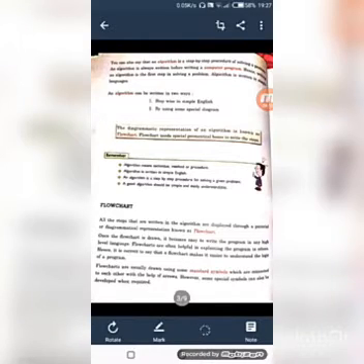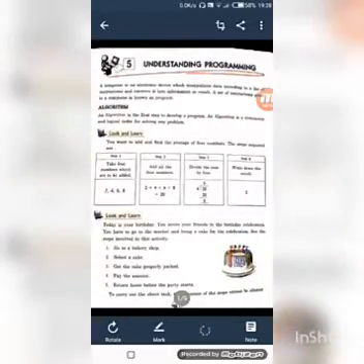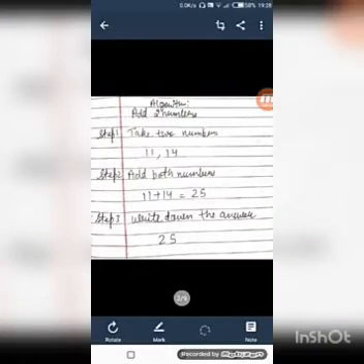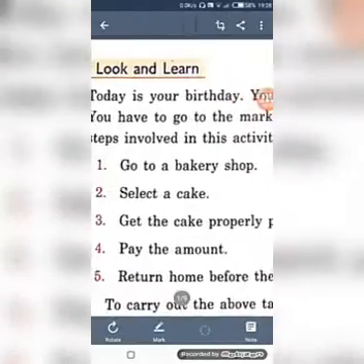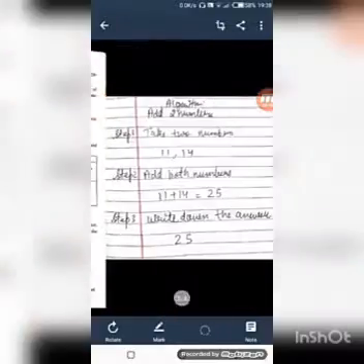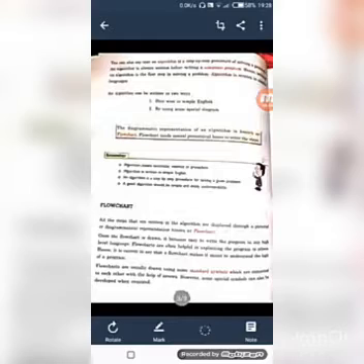An algorithm can be written in two ways. What are the ways? First one, stepwise in simple English, like this. This is in English. You can write your algorithm like this, or you can write your algorithm like this step. But we have another way. If we do not want to write it in simple English, we can use special diagrams. So what do we call that?